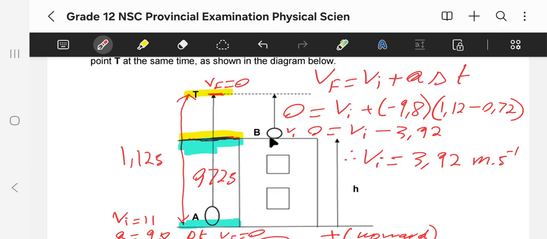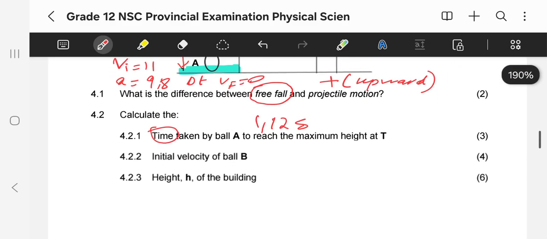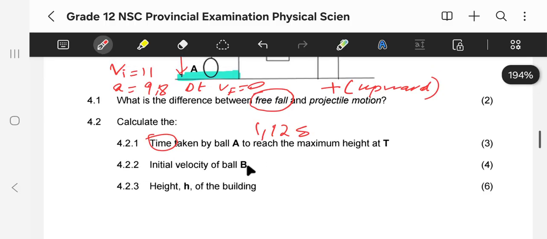So this is the initial velocity at which ball B was thrown, and that answer is for 4.2.2. So Vi here is equal to 3.92 meters per second. I hope it makes sense, guys. Now we move on to